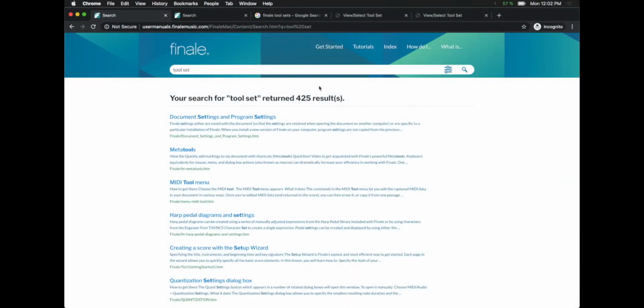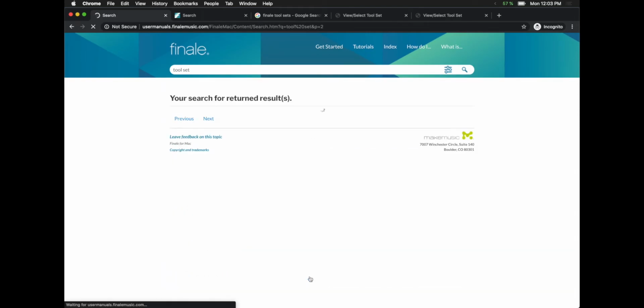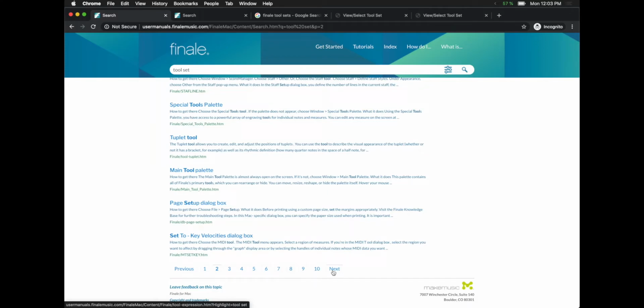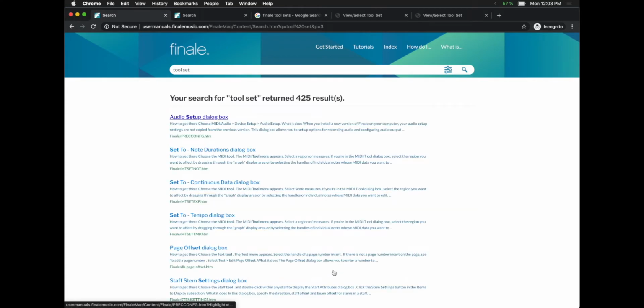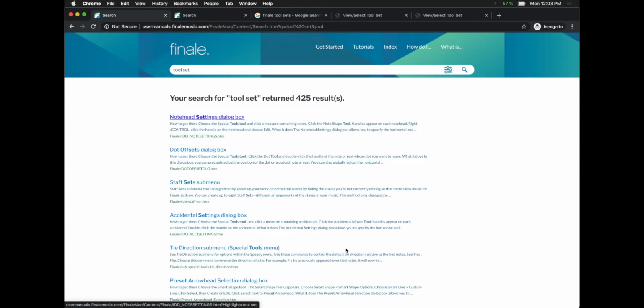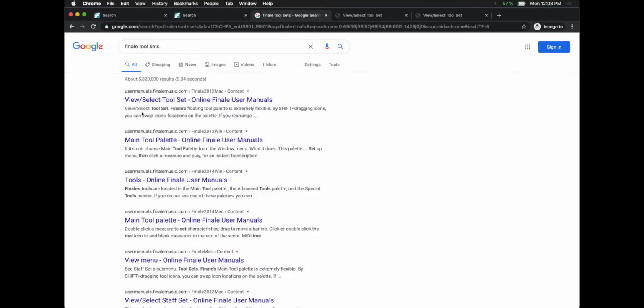So I looked in the Finale user's manual and searched for toolset, and there's actually literally no documentation here on toolset. We can even go a couple pages down and there's no documentation here on the toolsets. So this is kind of strange. Maybe it's just not on the Mac documentation, so I did the same thing with the Windows documentation search. It's not there. So of course the next thing I needed to look at was Googled it, and of all